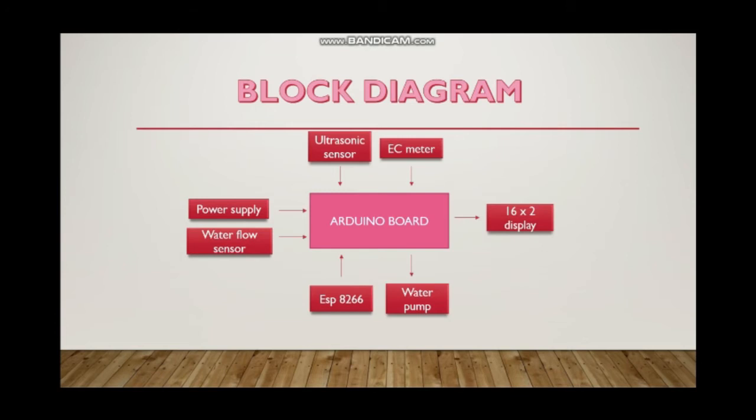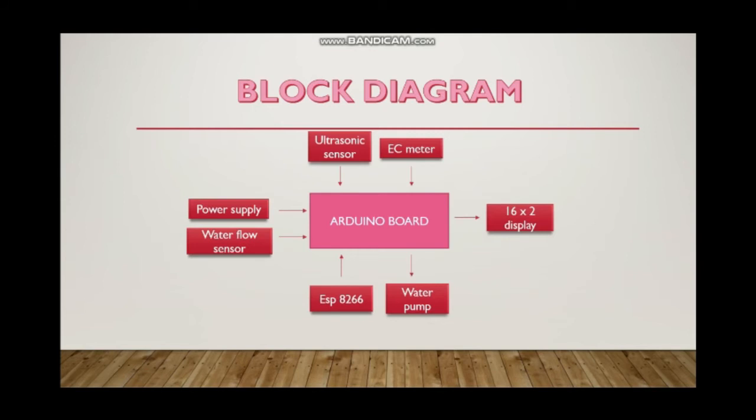The next is we also use a water pump. The water pump is used to transfer the fertilizer and water from tank A, tank B, and tank C to the main tank. We use a water flow sensor to limit and measure the quantity of fertilizer that we use for the plant. This water flow sensor will get the correct amount of water that we need.